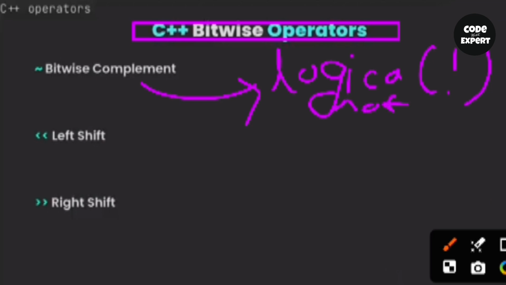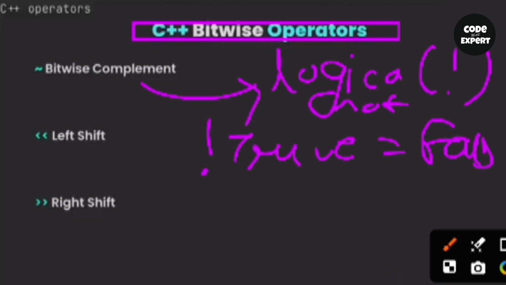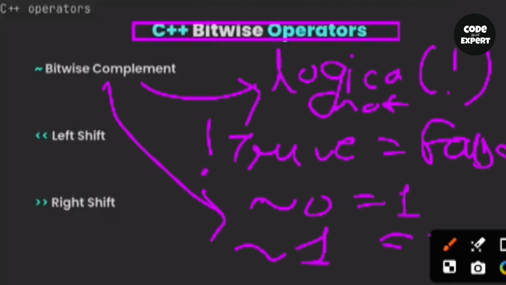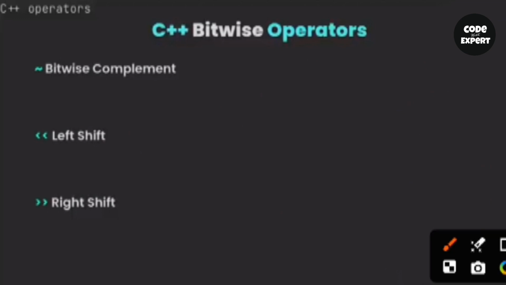Here we don't write any string like true or false to get the opposite word. Here we write numbers like 0. If I write opposite of 0 is 1, and if I write opposite of 1 equals to 0. Okay, now let's begin our next